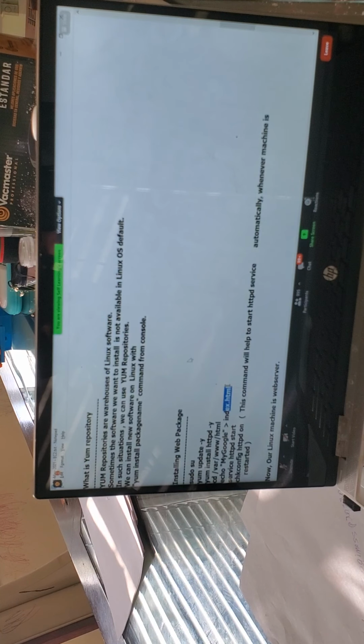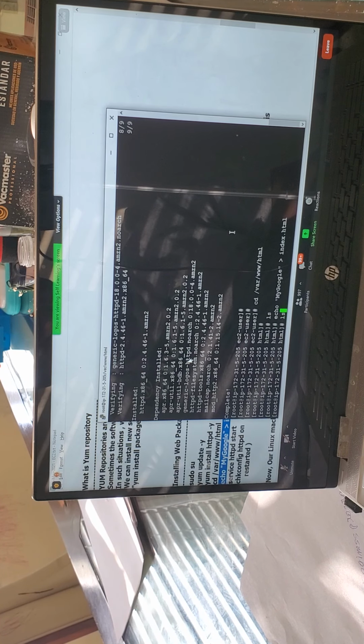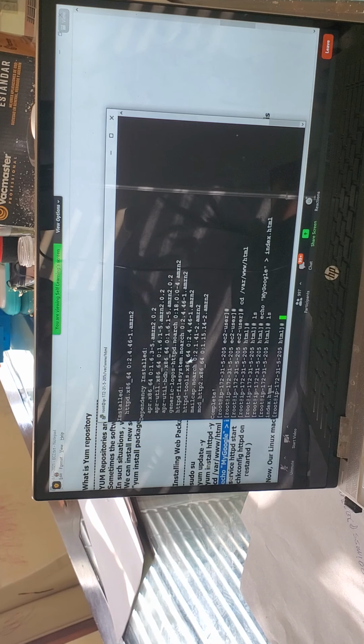So let's create the index.html page. Generally the first page in a website is called the index.html page. What content am I writing? I'm writing "my Google". Any content you want, you can place it. Echo is nothing but a print statement. I'm redirecting the output to index.html. When you run this, the file gets created. What file gets created? Index.html. If you want, confirm it. Can you see the index.html is created? In this HTML page, the content is "my Google", some text. That's the content we have in the index.html. This is a sample page just for experience purposes.